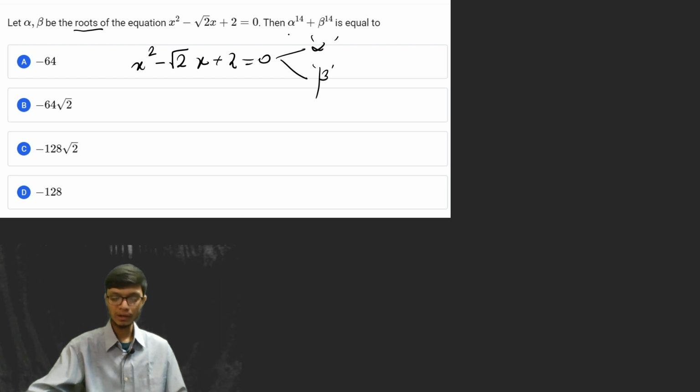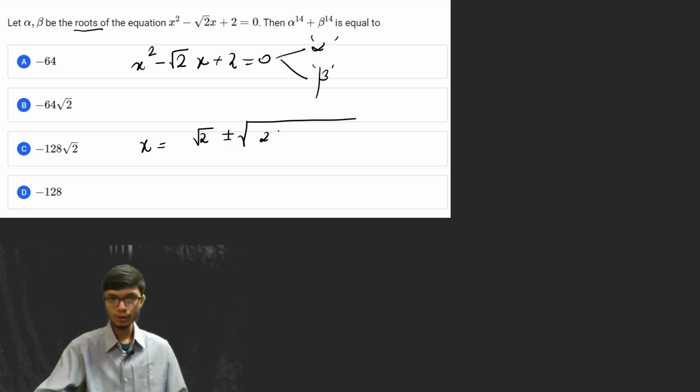So it is asking you for the value of alpha raised to the power 14 and beta raised to the power 14. All right, so I will be teaching you a new method of solving this particular problem. If you apply the quadratic formula for taking out the roots, you will basically find the roots as root 2 plus minus root under